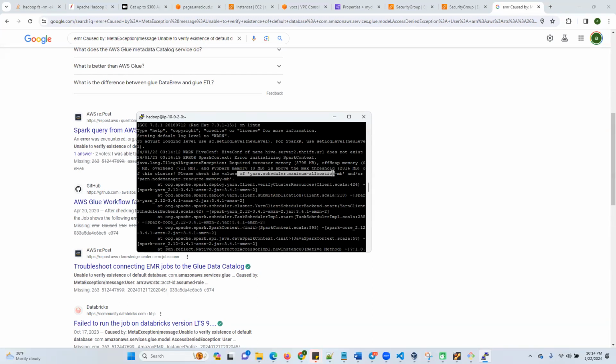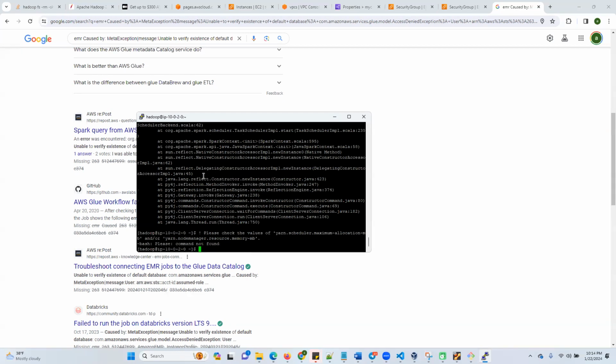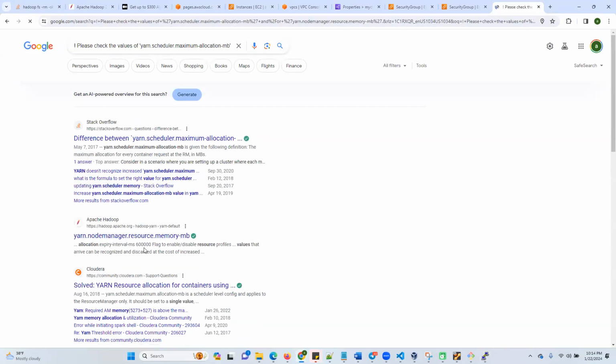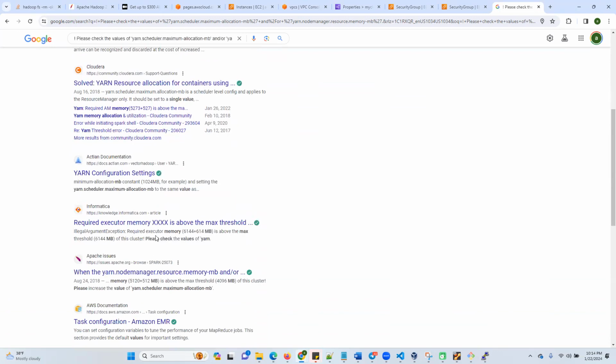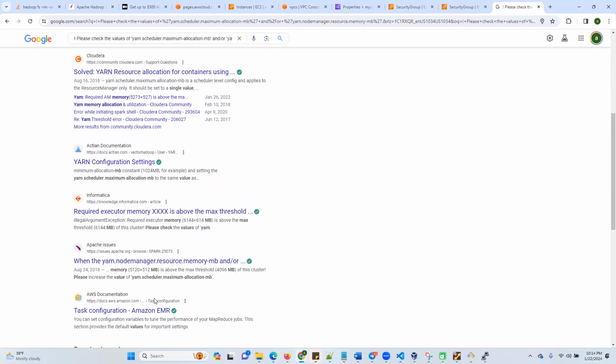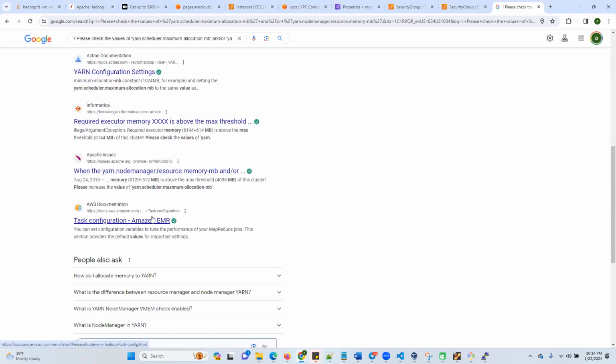This issue is a configuration files issue, right? Core-site, HDFS-site. These properties need to be enabled. Let's see these properties. Generally, in yarn-site.xml we add these properties, but on an EMR cluster it can be